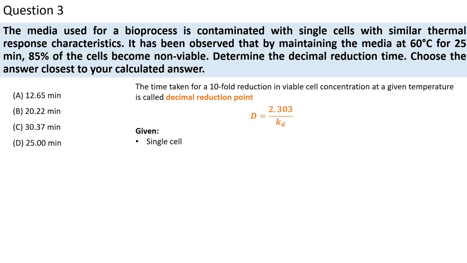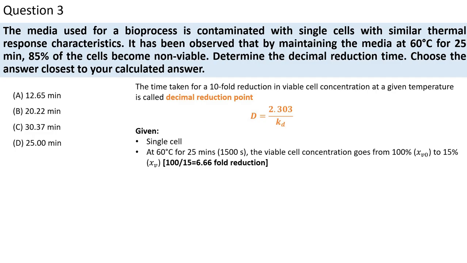So we will see what data is given in the problem. The first thing to notice is that these are single cells, because the formula can be applied only if the same temperature is maintained, and it is only for single cells, not for multiple cells. So given is that it is contaminated with only single cells, and at 60 degrees Celsius for 25 minutes, 85% of the cells have become non-viable. Then at the end of the 25th minute, what does that mean? Only 15% of the cells are remaining viable,